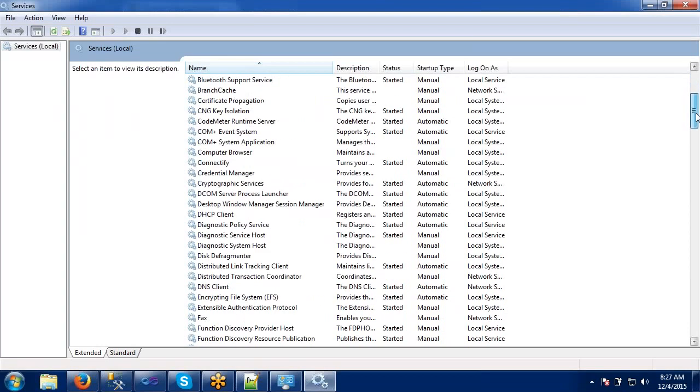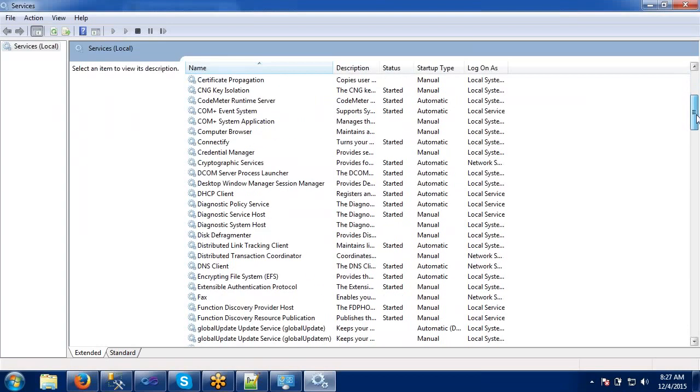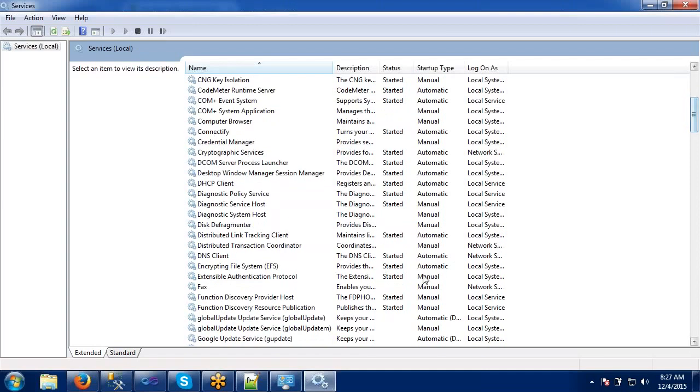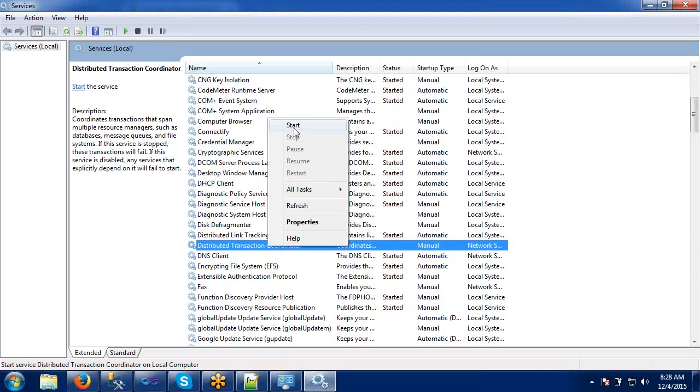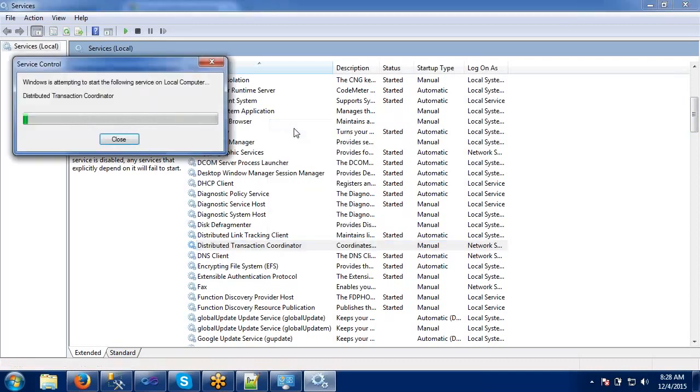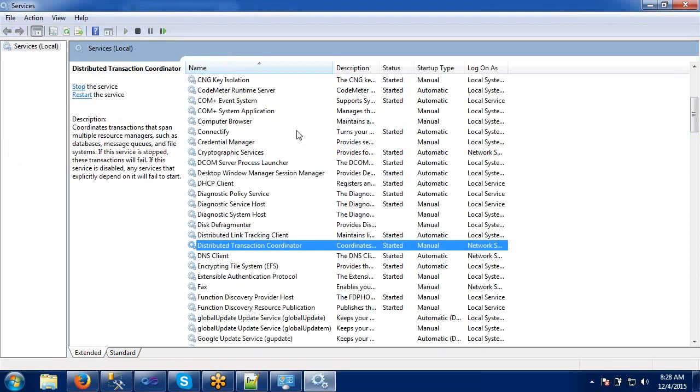I'm just going to start that service. Once this is done, you will find the option Distributed Transaction Coordinator. Okay, it's not yet started. This service should be started. How to activate this service? Simply right click and start. Okay, so now this service is started.